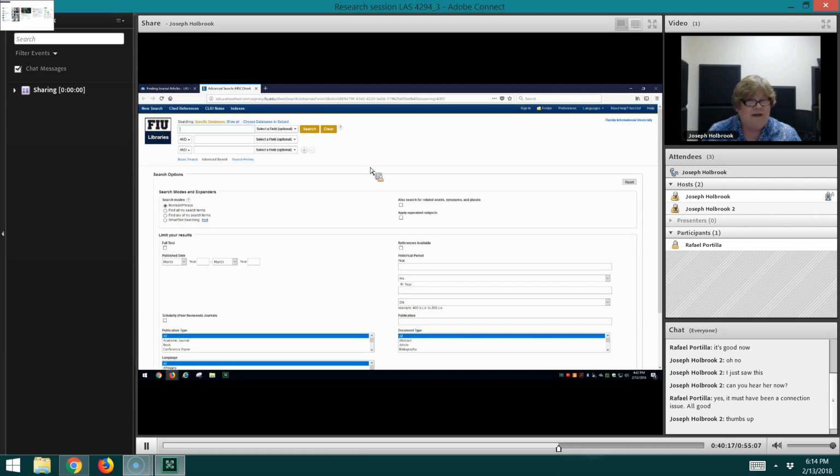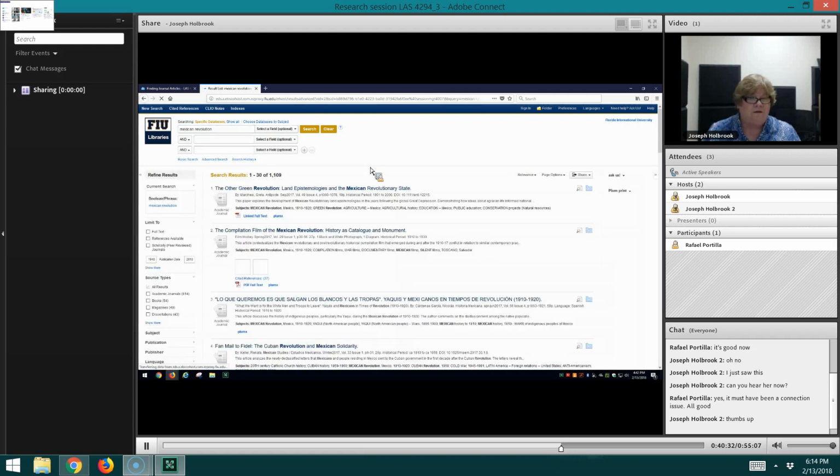This is another database that actually goes back quite far, since it was a journal index before there was such a thing as an online database. I think for this one, I'll just put in a slightly different search. So I'm going to use Mexican Revolution. Because this time you might notice, if you're following along or doing your own searching, this gives us over 1,100